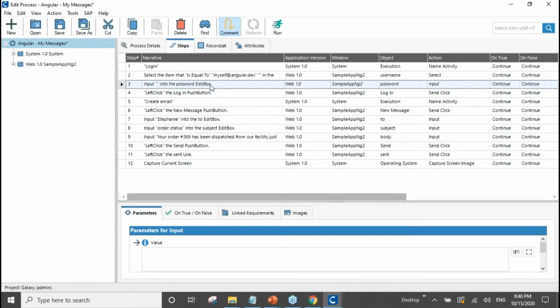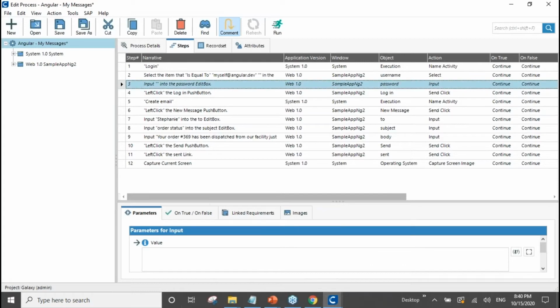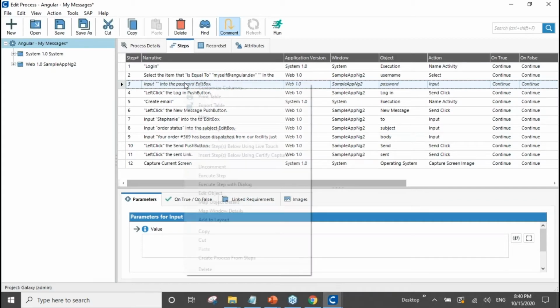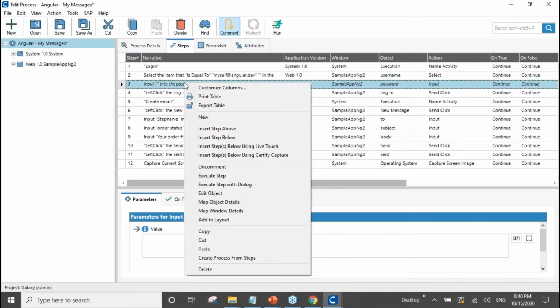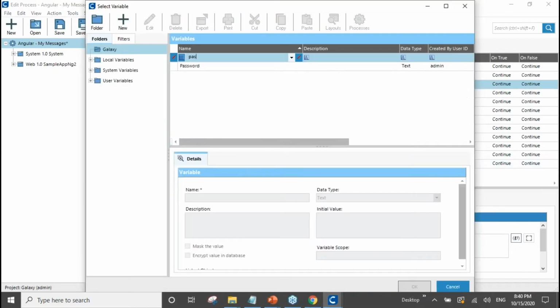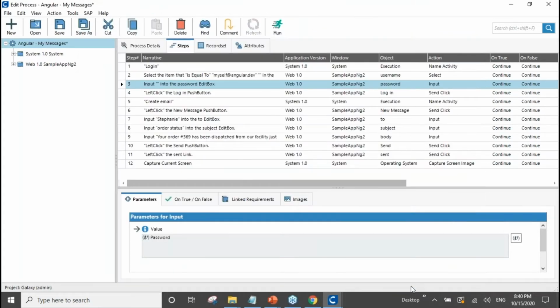So that's the default mechanism of Certify to ignore the password data automatically, so that your data is not leaked from the business to the technical teams, right? So let me go ahead and uncomment that step and add the password from a masked variable in here. So with that, a process is complete, which is going to start with login and then create a new